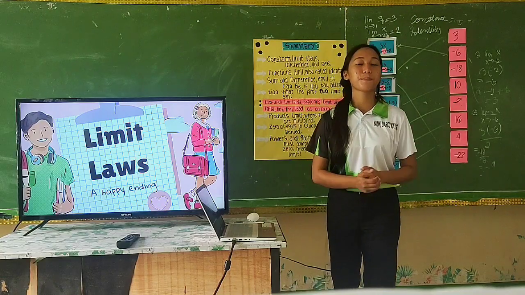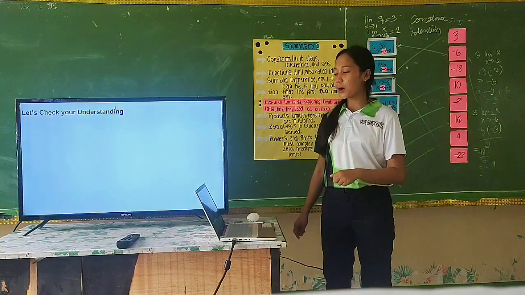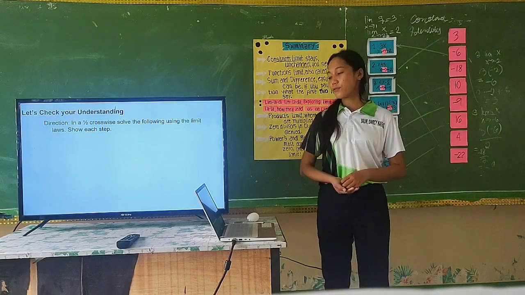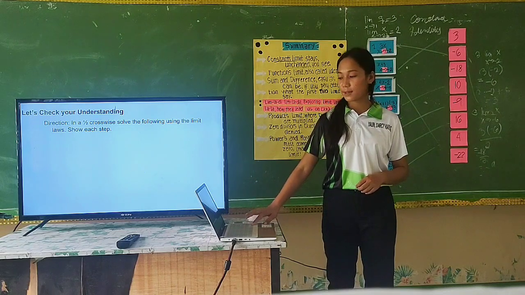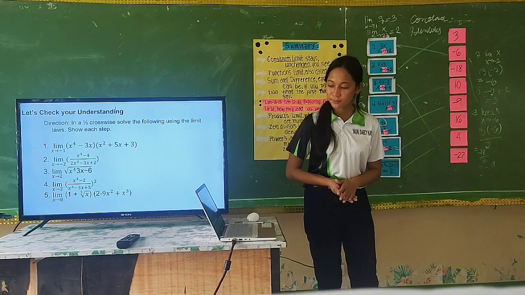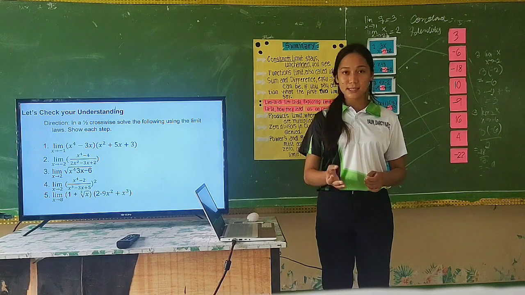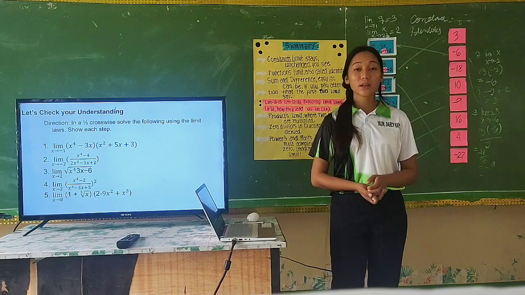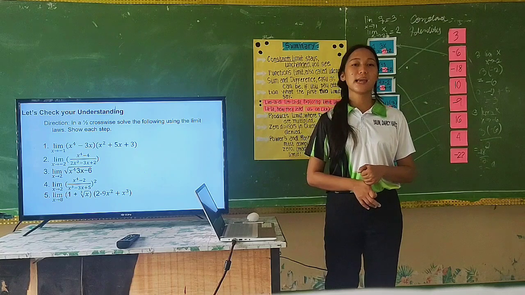Alright, so much for the peer activity. To ensure that everyone understands the lesson, let us check for understanding. So in a 1/2 crosswise, solve the following using the limit laws. And please show each step. Alright, time is up. Please pass your papers in front in the count of 5. 5, 4, 3, 2,